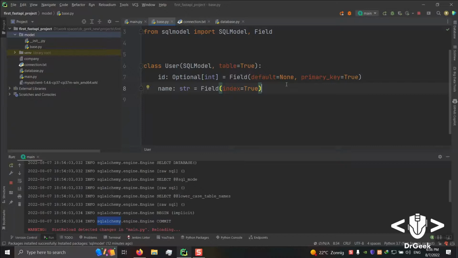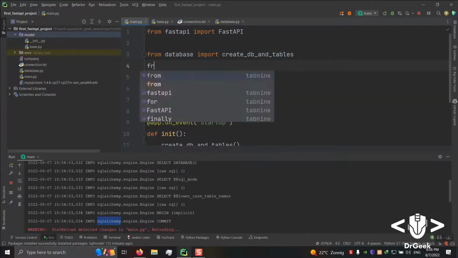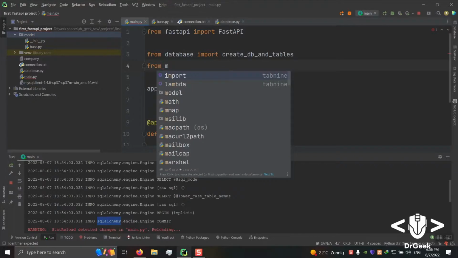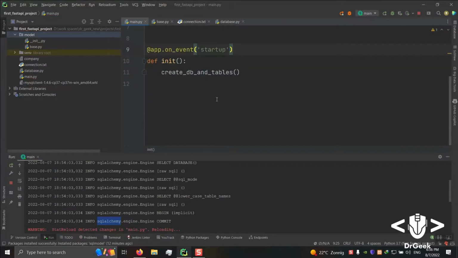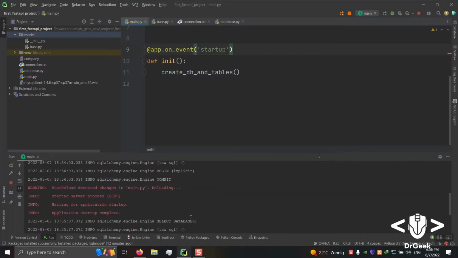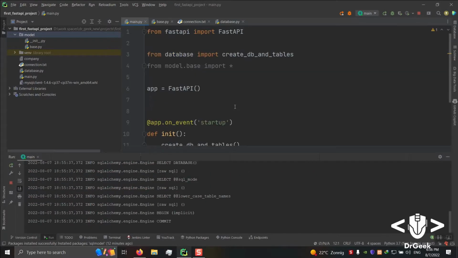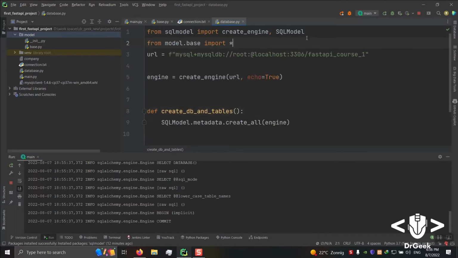I'm going to import these from models.base import all. Okay, that's super simple, and we probably need to import these models in our base file, or actually our database file.